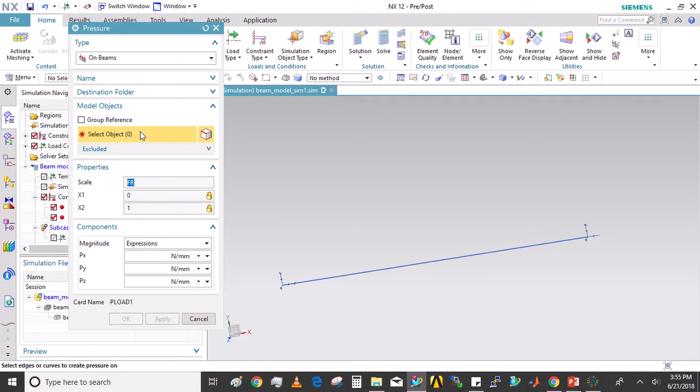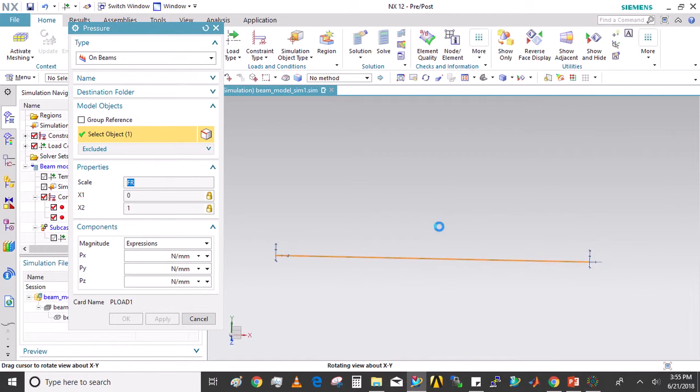So we'll select the object first again, and since we know that the vertical axis is the y-axis and we are applying a load in the downward direction, we'll use the y component and we'll give it a value of -5.